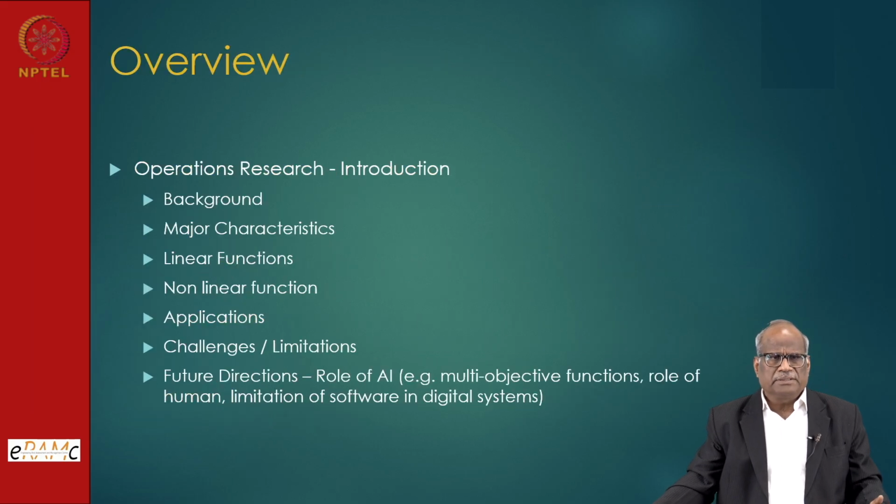So, in the first lecture we have given the background, we have given the definition of OR, linear function, non-linear function, applications, and challenges and limitations, which we have also discussed. Future direction for OR is the role of AI and multi-objective functions. Like I said, genetic algorithm, and there are many more AI tools or statistical tools that can be adopted for working out the limitations of the present